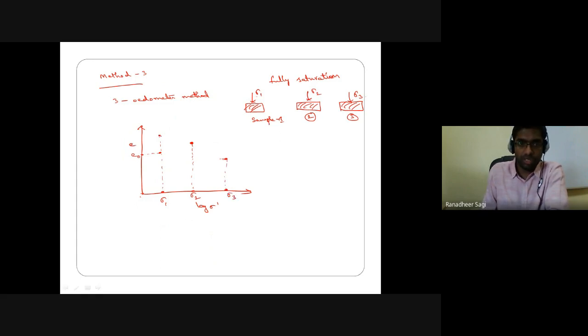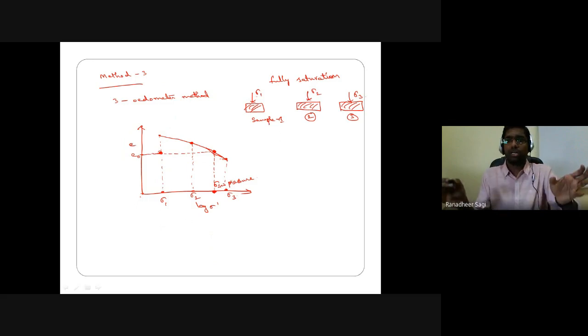So if I am trying to join these 3 points by means of a smooth curve, okay, let's say I am getting some curve like this, and I am referring to my initial void ratio value, and that initial void ratio point, I extend it onto the curve what you have plotted. So wherever that point intersects your curve, just drop that point onto the horizontal axis. Wherever that point intersects on your horizontal axis, it refers to what is called your swell pressure value of that particular soil.